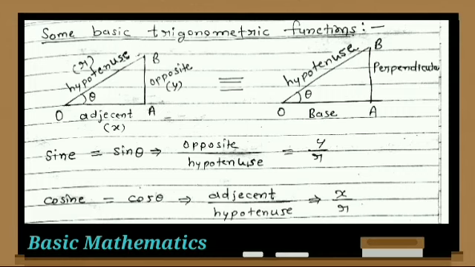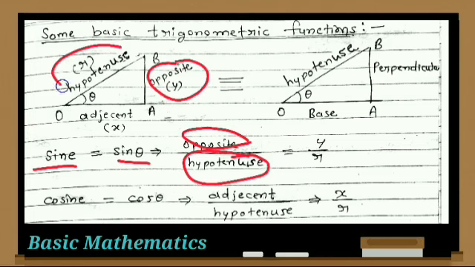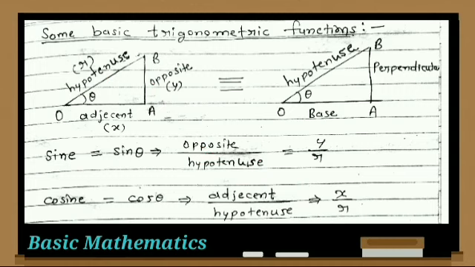Okay, now we can move to our first function, that is sine. Our first function of trigonometry is sine. We can write here sine theta. Here sine is the function and theta is the input, and it represents the ratio of two sides, that means opposite upon hypotenuse, and we can say it is y upon r.